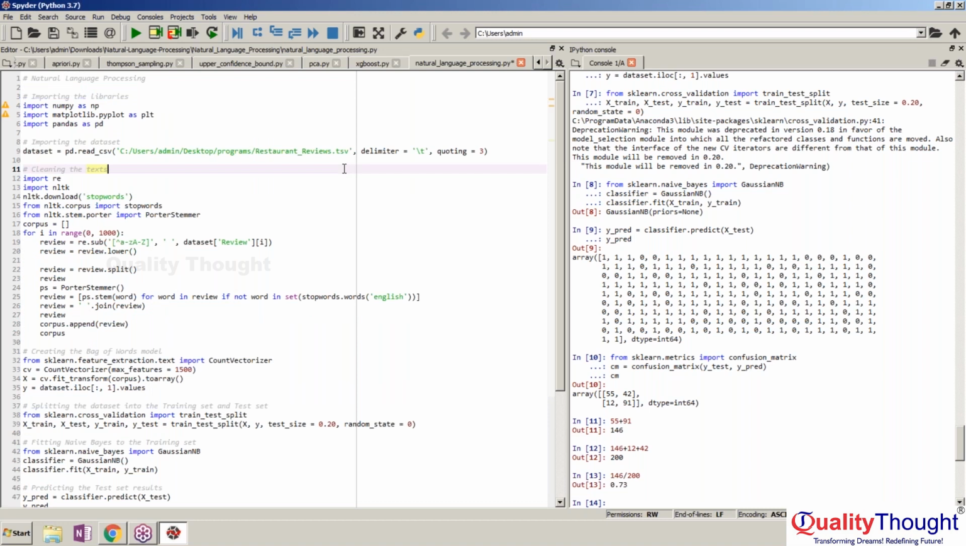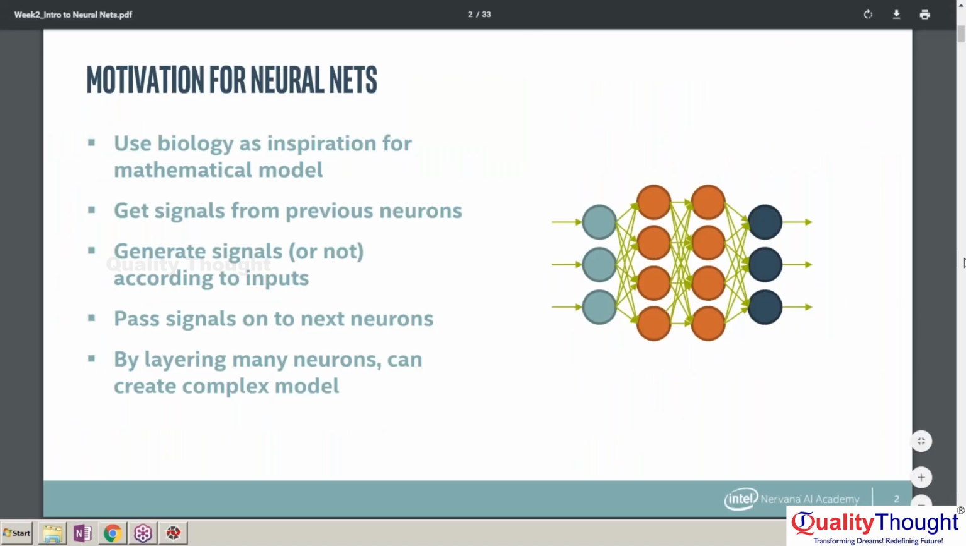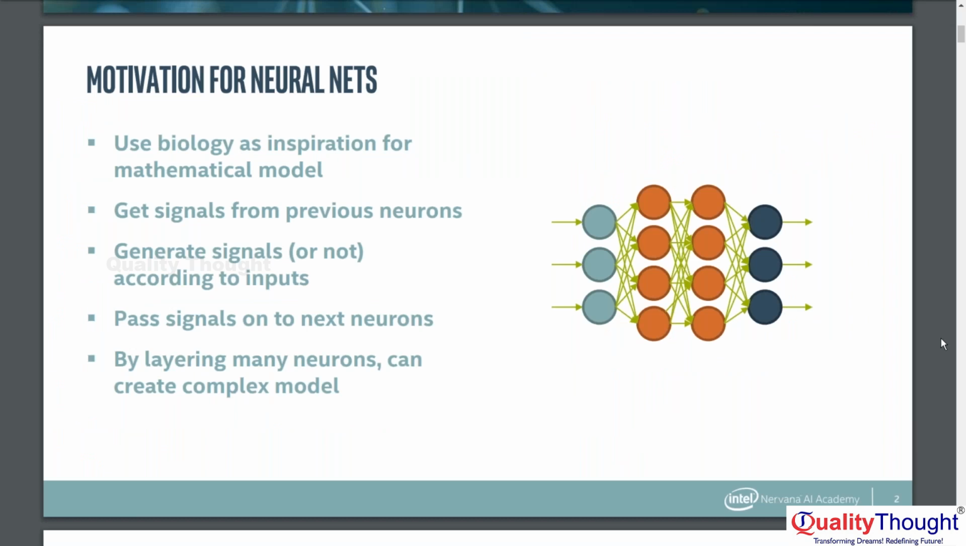So today let me discuss the neural networks. Okay guys, now let us go ahead with the neural networks. Generally, this neural network concept we will mainly rely on in order to